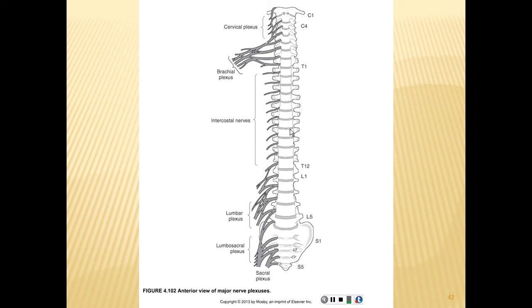The ventral rami of all other spinal nerves form a complex network of nerves called plexuses. Brachial plexus, cervical plexus, lumbar plexus, lumbosacral plexus, and the sacral plexus. These plexuses serve the motor and sensory needs of the muscles and skin of the extremities. The four major nerve plexuses are again the cervical, brachial, lumbar, and sacral. The cervical